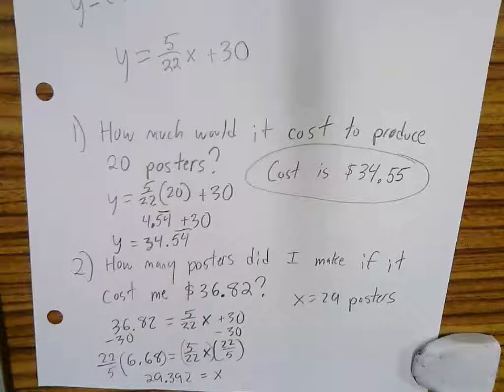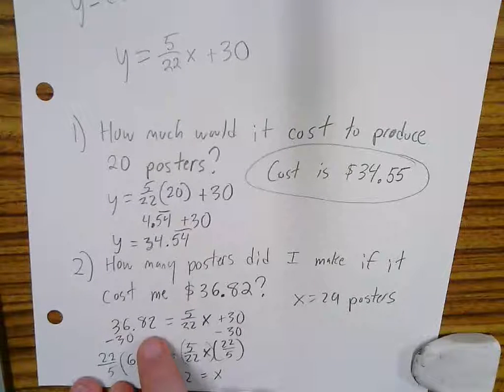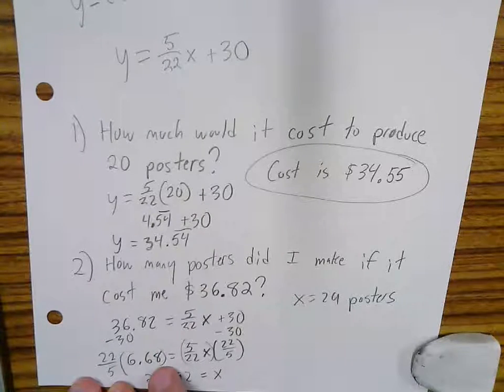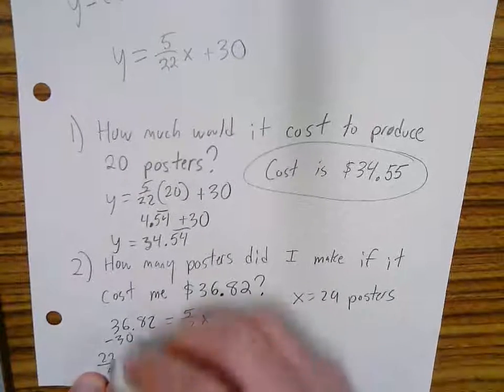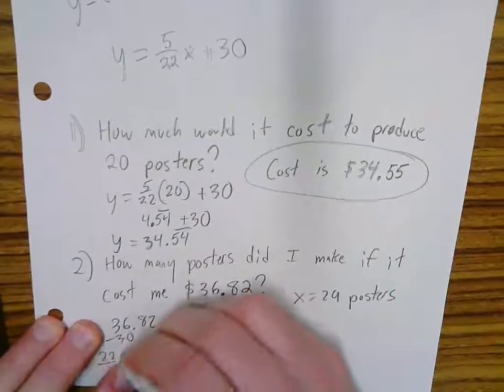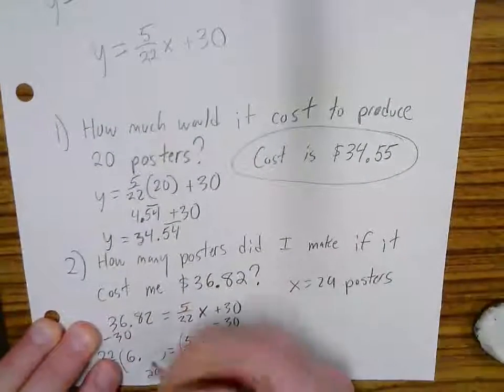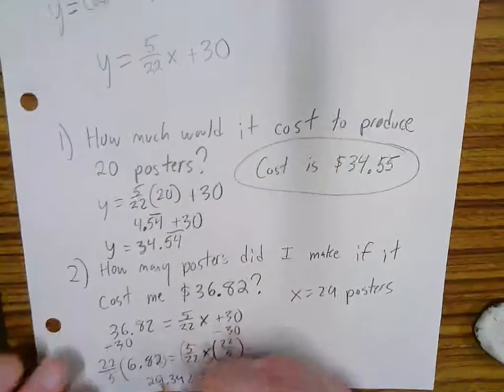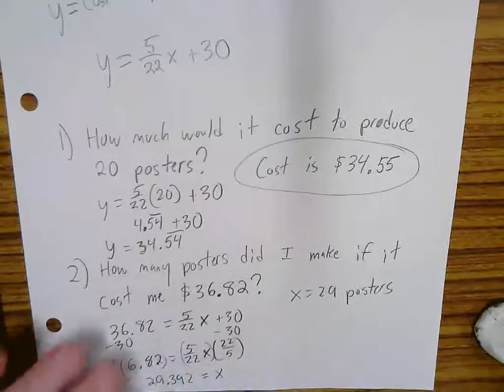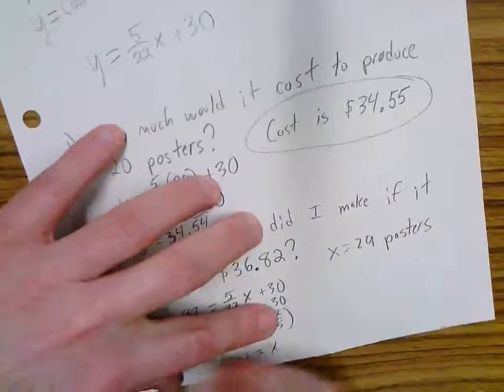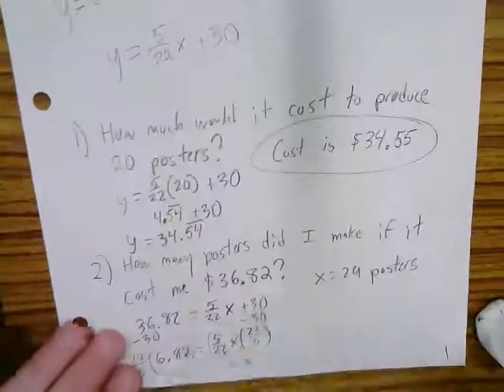So I just caught a mistake in there. When I did $36.82 and I subtracted the 30, I got 6.68. That's not right. That should be 6.82. So do a quick fix there, 6.82. And if I multiply that by 22 over 5, I don't get 29.392. I actually get 30